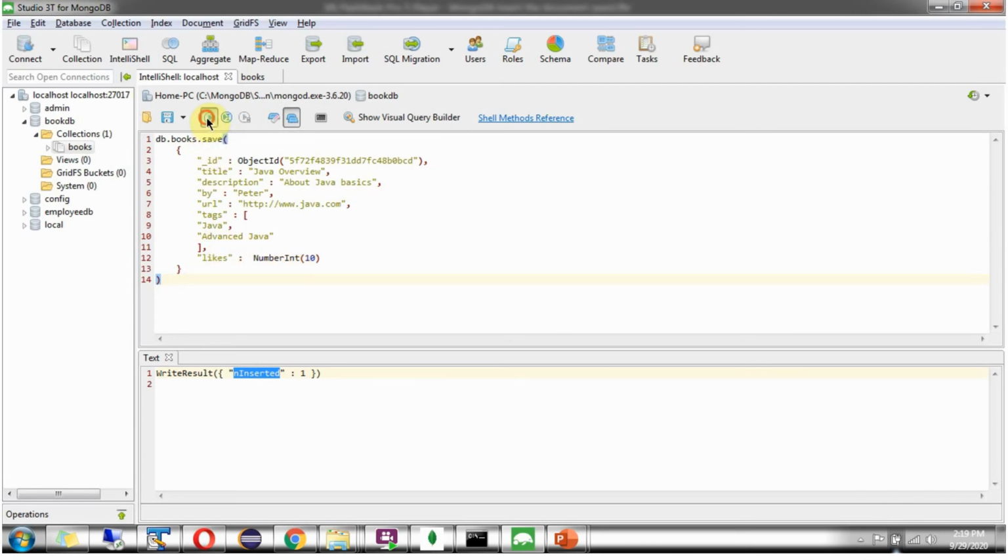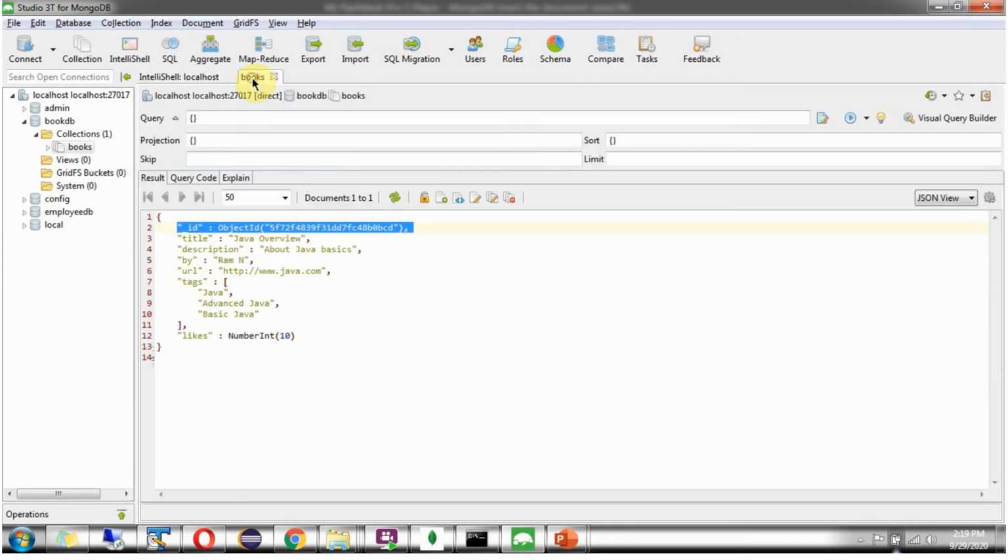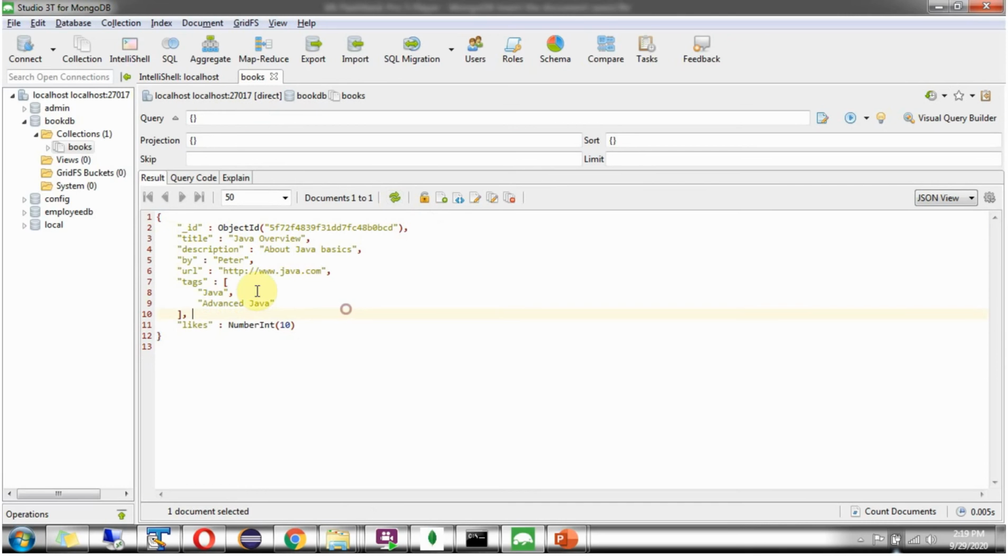Then I am executing this, and this time the document is updated. So modified we got 1. We can cross verify. Click on refresh, and here you can see the name is changed to Peter, and one tag has been removed.